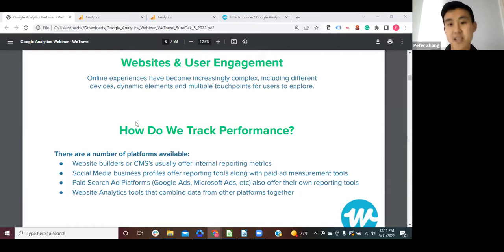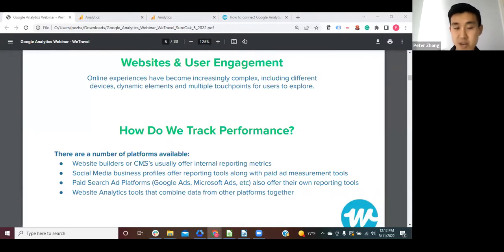And what we end up finding in today's ever busy world of channels, depending on what types of marketing channels you may use for your business, is you end up with many different analytics and data solutions that are available. So in this list here, you can see typically when you build a website, and website builders and CMSs nowadays, there's an internal report that they have. They have their own dashboards that will tell you how many people are coming to your site, where they might be coming from, and a pretty general level of information.